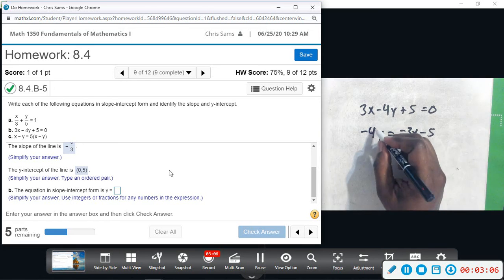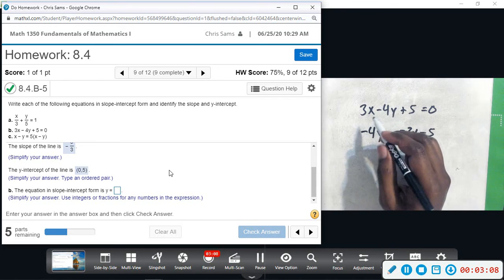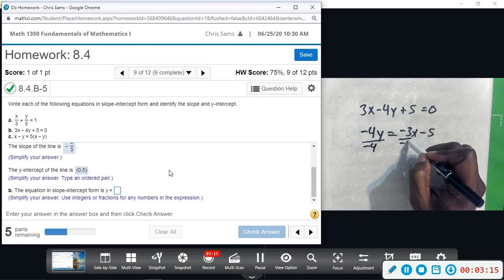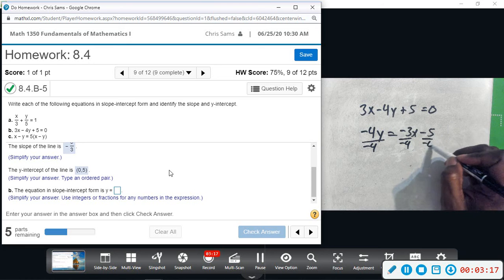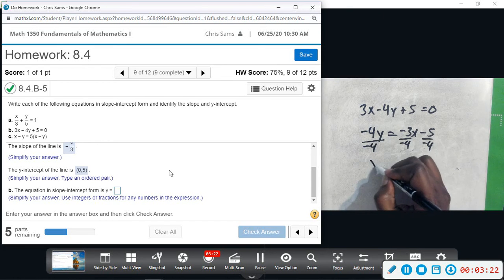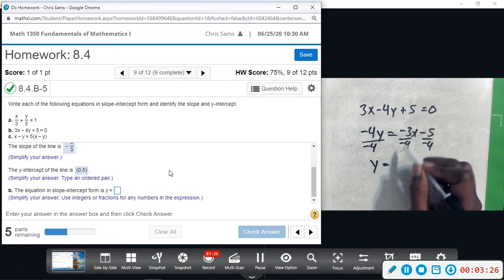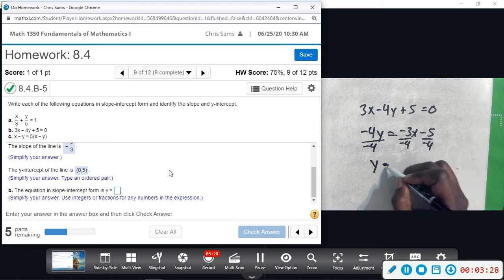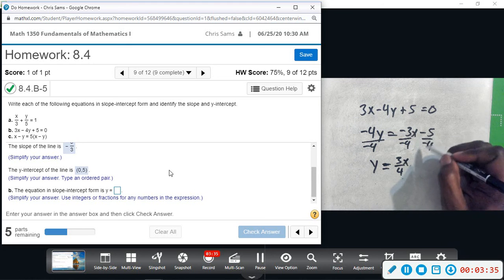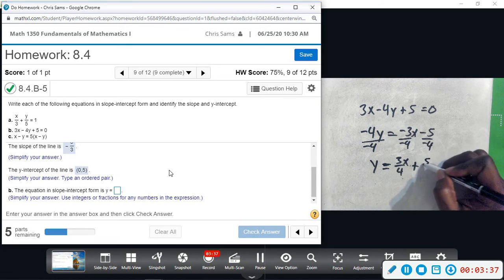Slope-intercept form wants x to be out front and the constant in the back. And then we're going to divide to get rid of this negative 4. So this is negative 4 times y. So to get rid of multiplication, we have to do division. And everything gets divided by negative 4. Negative 4 divided by negative 4 is 1. So we're just left with a positive 1y, which is what we need to have. Negative divided by negative is a positive, so this is equal positive 3/4 x, and then again negative divided by negative, this is positive 5/4